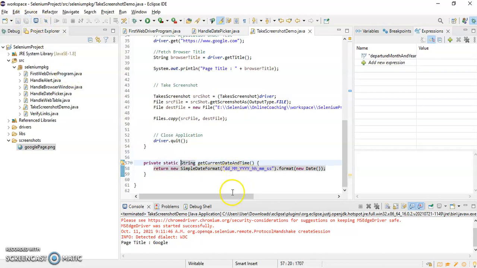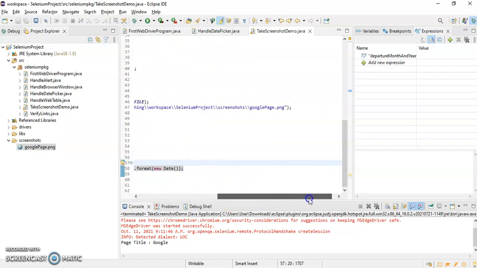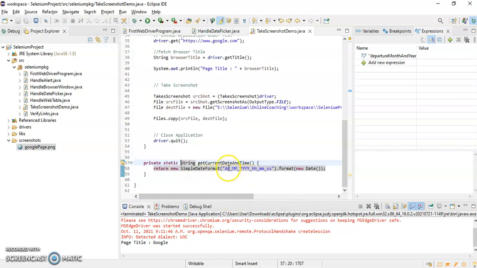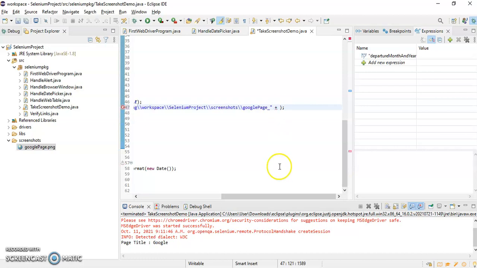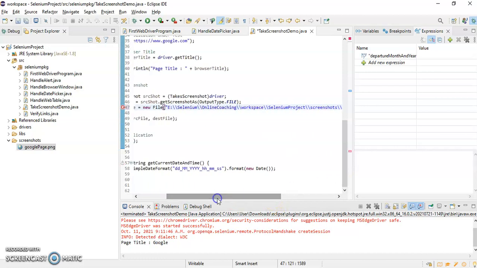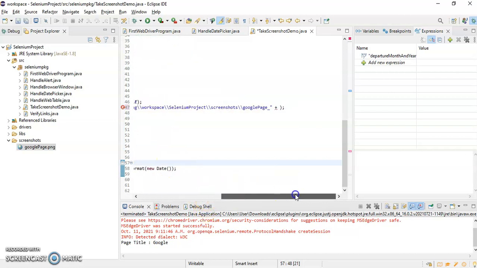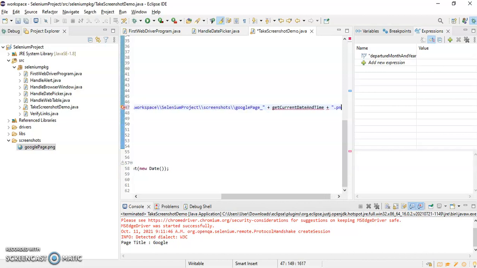This time I just have to call this method with this. So I can write Google page underscore, and I'll call this method getCurrentDateAndTime, dot png.